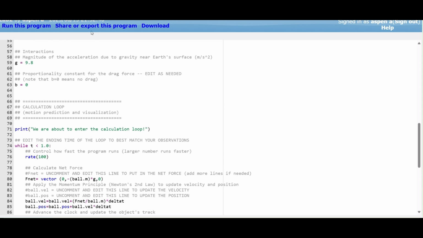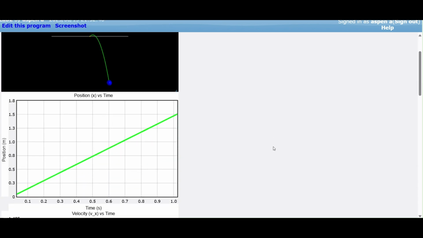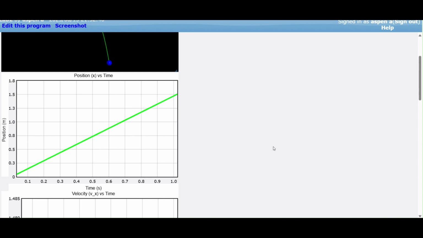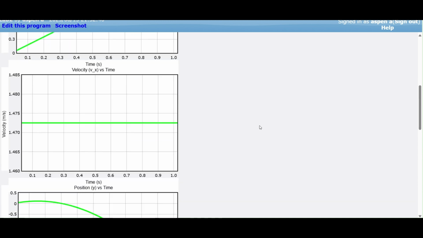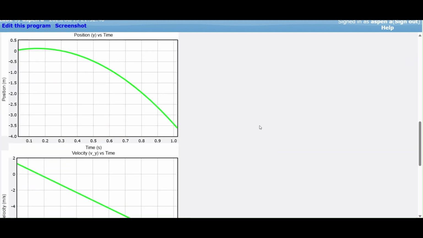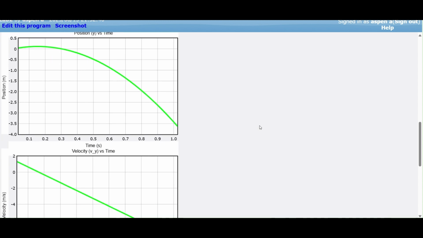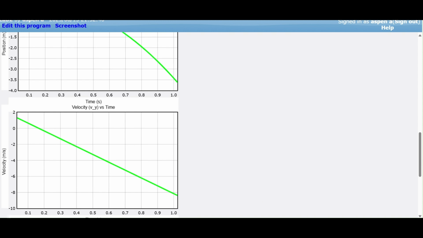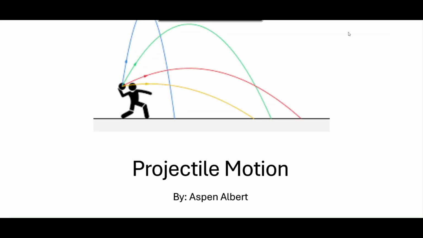So when you run this program, you can see that the position of X in time is going at a constant rate with no changes. You can see that in these two graphs, and the position of Y is not really going at a constant. As we go back to here,